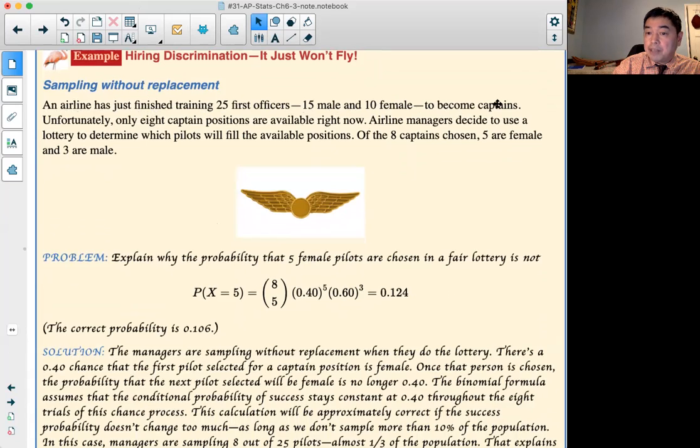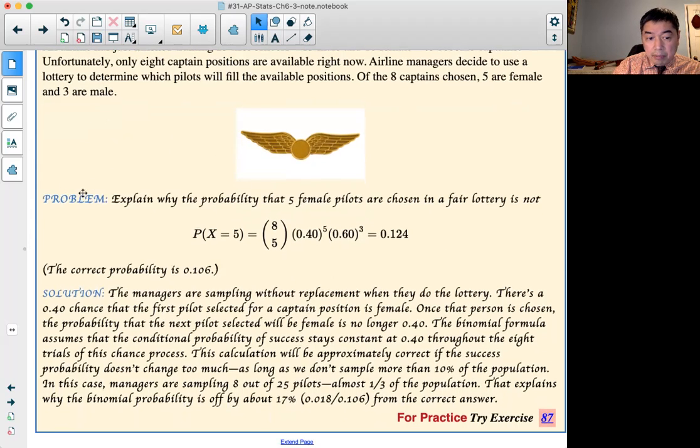to become captains. Unfortunately, only 8 captain positions are available right now. So the airline manager decides to use a lottery to determine which pilots will fill the available positions. Of the 8 captains chosen, 5 are female and 3 are male. Problem: explain why the probability that 5 female pilots are chosen in a fair lottery is not